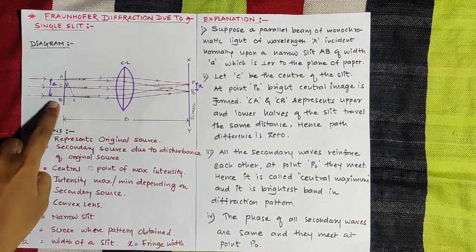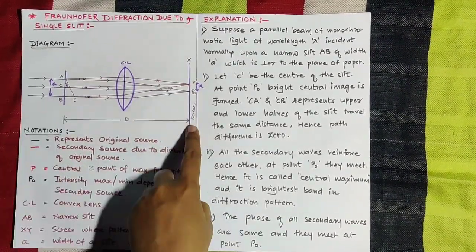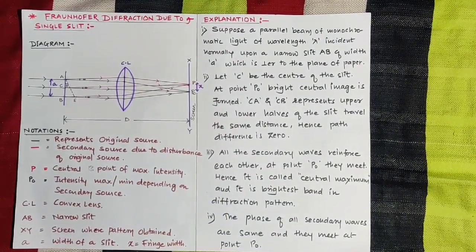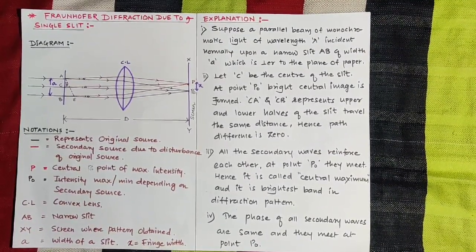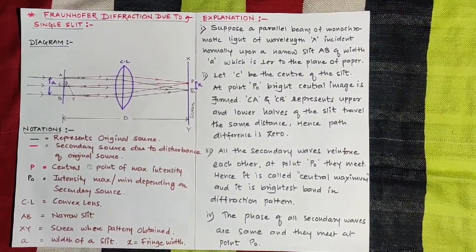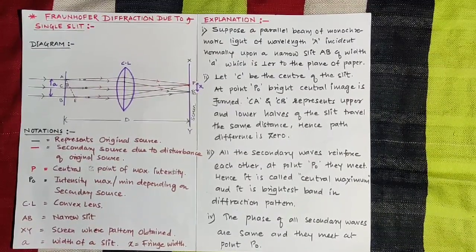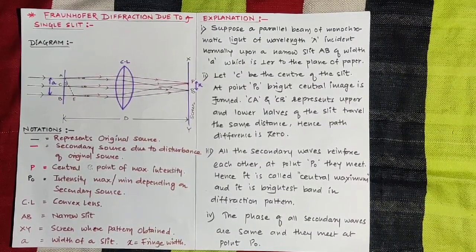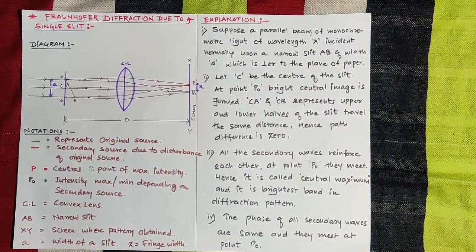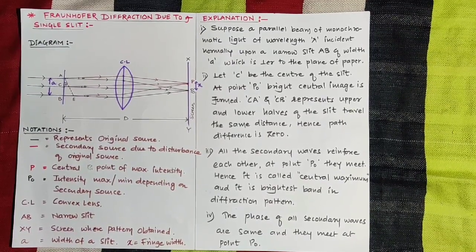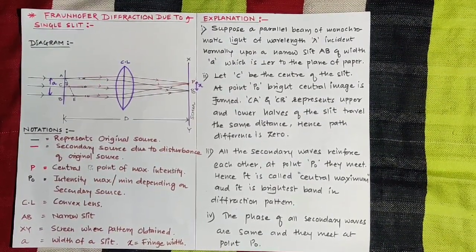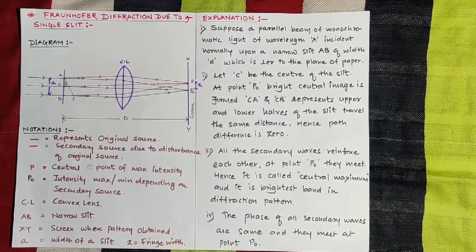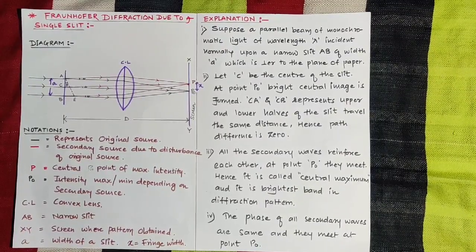That means this is called a narrow slit and this is called the screen. The distance between this narrow slit and the screen is infinite, and the diffraction pattern is produced, and that diffraction we represent in terms of Fraunhofer diffraction. We already know that Fraunhofer diffraction does not depend on the size and shape of the slit. It is independent of the distance, but it depends on the angle of inclination between the secondary source and the original source which is passing through the given slit.